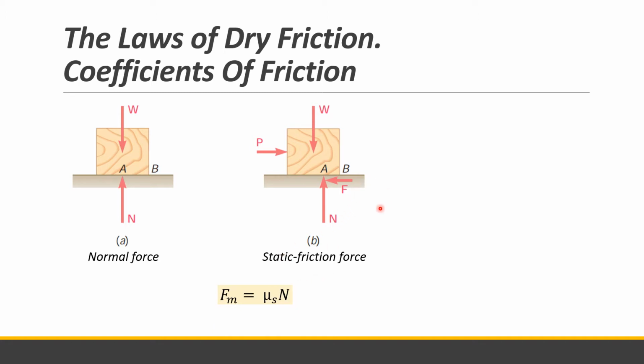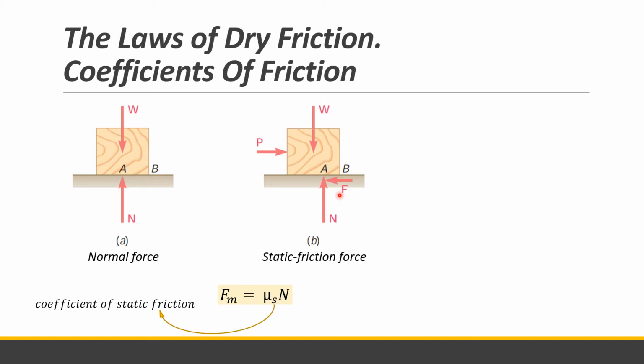The maximum value of the static friction force is denoted by this formula: mu s, or the coefficient of friction. This is the symbol of the coefficient of friction, mu s for the static coefficient of friction, multiplied by the normal force N. So the friction force is always related to the normal force, and it is differentiated only by the